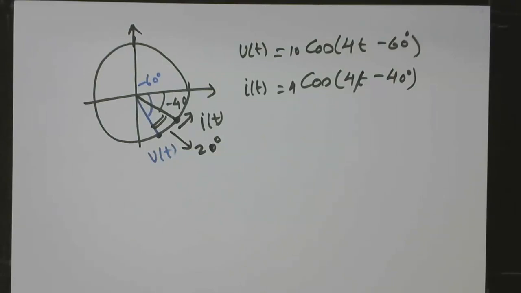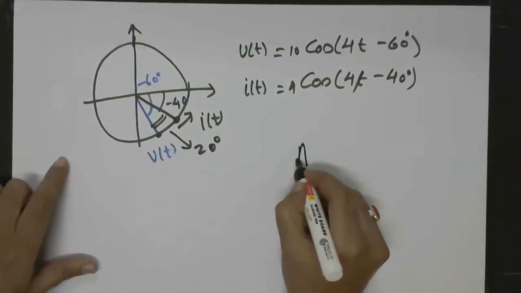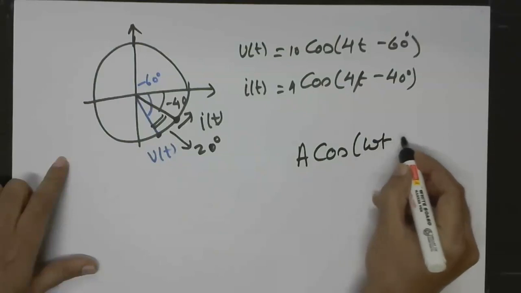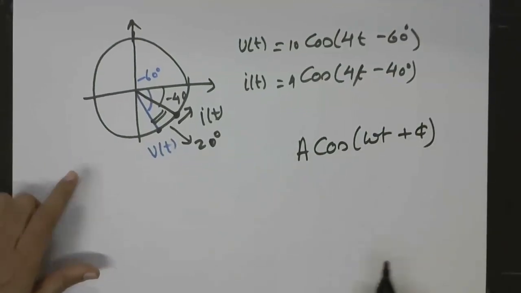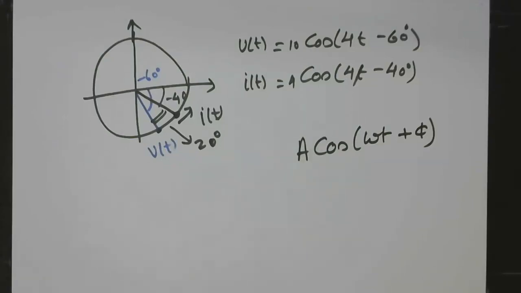Now we will see how the second problem is solved. As I mentioned, every quantity must always be expressed as A cos(omega t plus phi). Only then can it be compared with a similar type of other cosine function. So in the second problem, the first quantity x is actually a sum of a sine function and a cosine function. So it has to be combined, and a single sine or cosine function has to be created before we can find out the lead or lag.